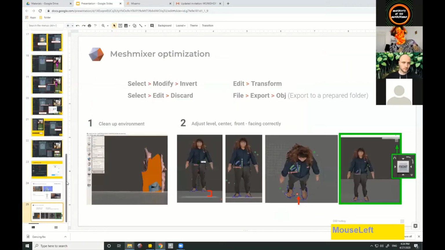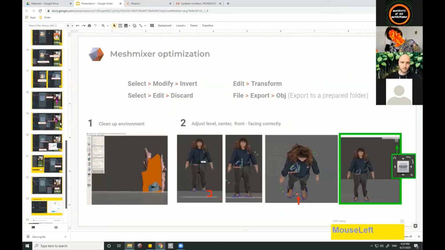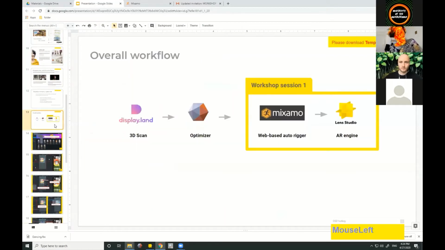So, okay. So we're done with the scanning. I believe it's not difficult. Really, when you do it on your own, it's very simple. The application, they made it simple. So when we get the 3D object file from the scan already, we will have to optimize the file by